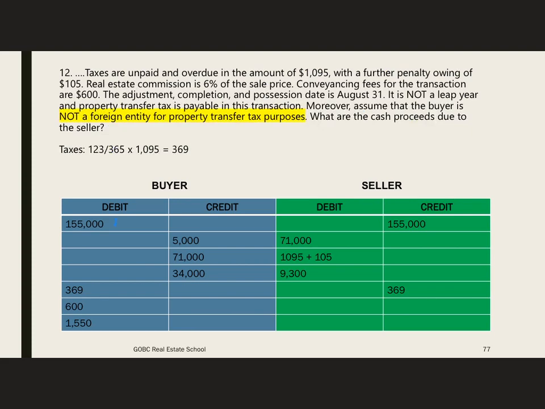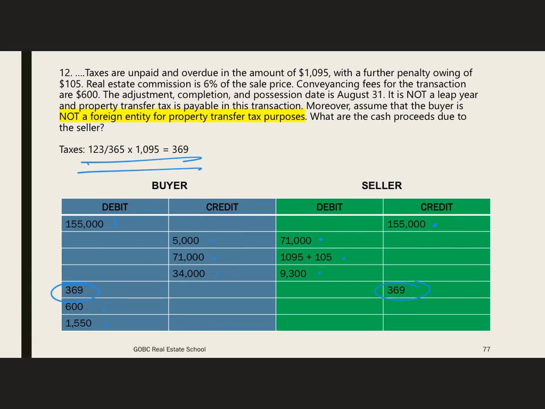Okay, so here's the sale price, $155,000 on both sides. The $71,000 vendor supplied mortgage, the $1,095 taxes and $105 penalty for the seller, the $9,300 for the commission for the debit for the seller, and then the $34,000 daddy loan, the $5,000 for the deposit, and then the $600 conveyancing and the PTT of $1,550, and then this $369 is the tax portion that's calculated right here, and